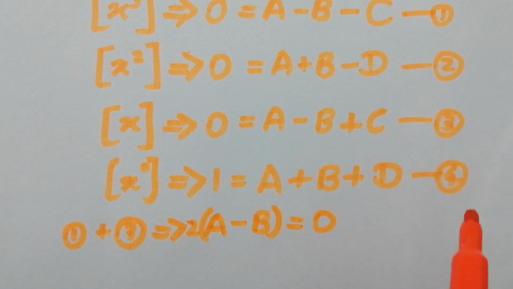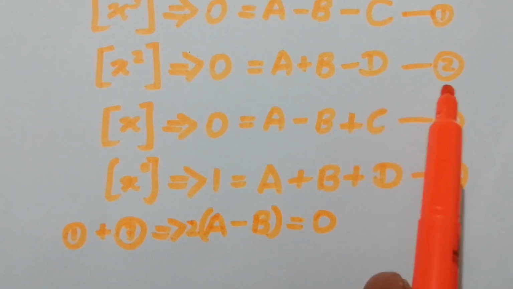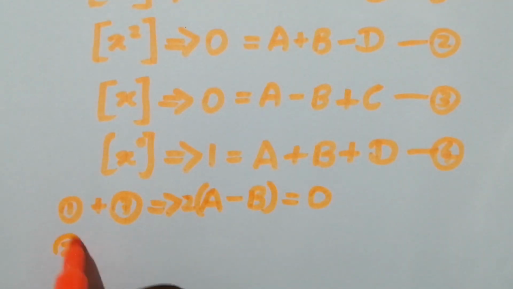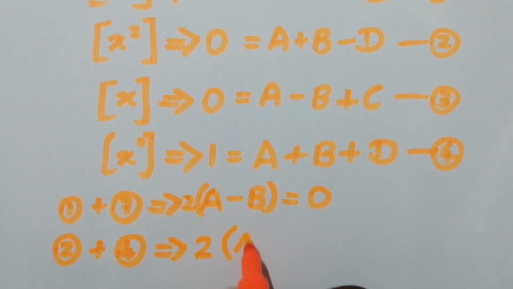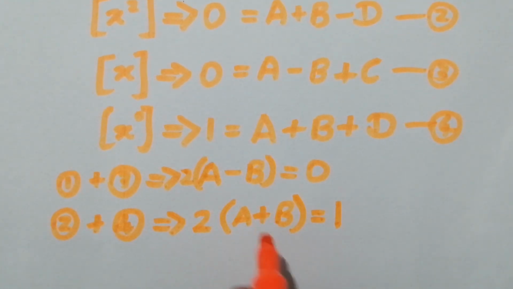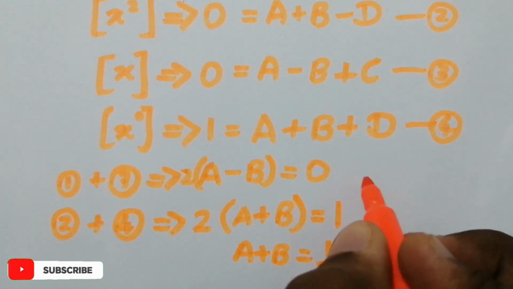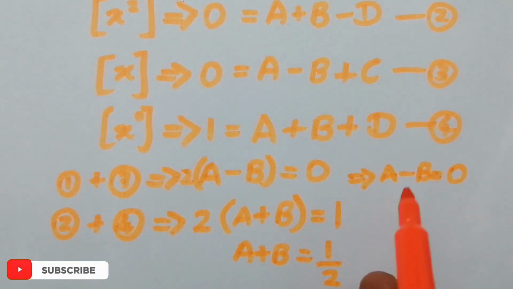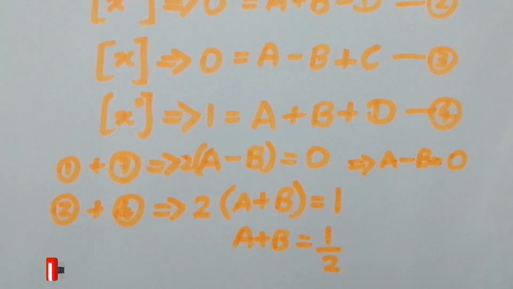Similarly, to remove d, I can add equation number 2 and 4. Then I will obtain 2 times (a plus b) equals 1. Then here a plus b equals half. Then in here a minus b equals 0. Then if I add these two equations, I will obtain